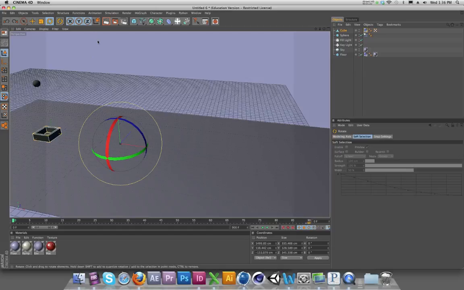The other thing that we have the ability to do inside Cinema 4D under the simulation or the dynamics engine is to create hinges. So we can have things affected by gravity but still be pinned in space or pivoting in space. And this is a really simple thing to